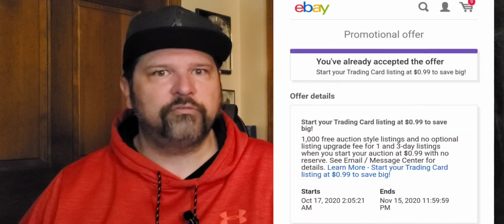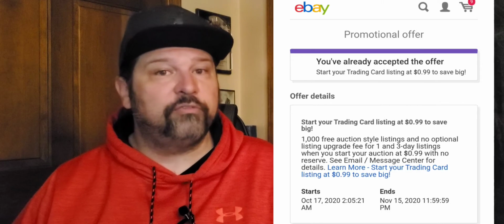Now, one of the big things that eBay does, if you're a good seller and you're constantly getting inventory moved, meaning auctions that are completing and store sales, they'll give you groups of free auctions at times. For example, and remember I have 2 eBay accounts, so this can apply to both of yours, I just recently got 1,000 free auctions on my store account and 1,000 on my second account. So that's 2,000 low-end, low-dollar cards I can list on eBay. If I sell 1,000 to 1,200 of those cards, that's a ton of stuff out the door that aren't big sellers for me,